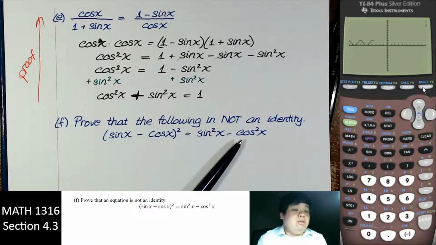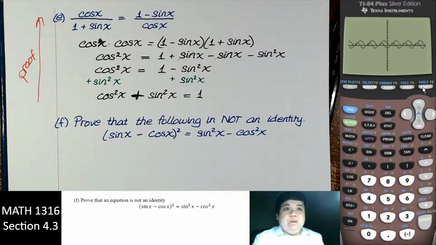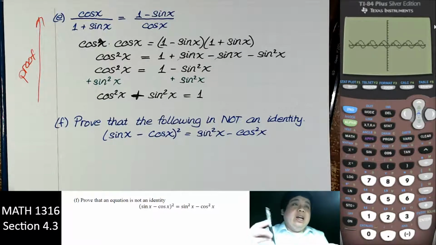So that is the graph of the first function, and then that is the graph of the second function. Of course, you see there's a way off. Right. Now, the difference between proving an identity and trying to disprove it is that disproving is a lot easier. When we disprove it, we just need to show that one point is not the same. So, for example,